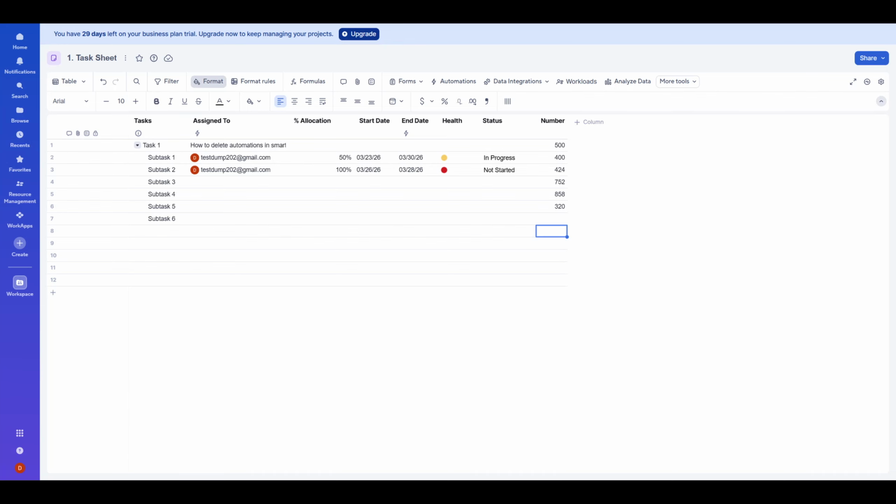In today's video, I'm going to teach you how to use max in Smartsheet. The max function is a simple but powerful way to find the highest value in a set of numbers, whether you're looking for the top sales figure, the latest completion date, or the largest quantity in a list. I'll walk you through exactly where to click and what to type so you can get a reliable result in